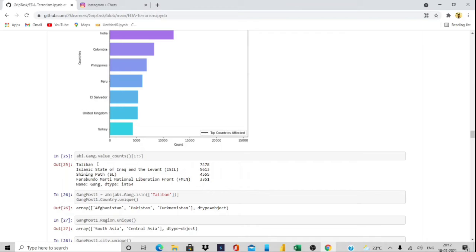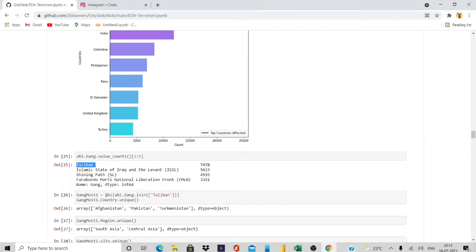So we have first Taliban, ISIL (Islamic State of Iraq and the Levant), Shining Path, and Farabundo Marti National Liberation Front. Then I have compared the gang most one, which is Taliban.